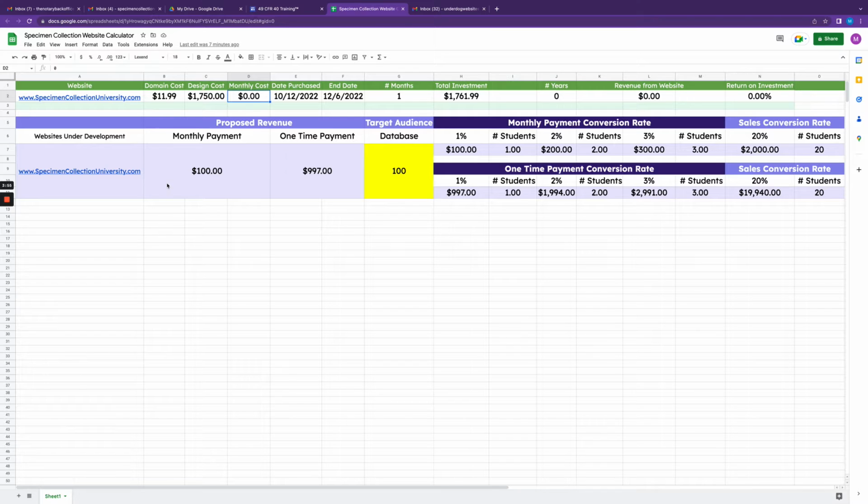Okay, now I need to know what the numbers can be, and I like to be super conservative when I do this, meaning that in sales, typically 1 out of every 5 things will happen. So if you look over here to the far right, that's what we call a 20% conversion. 1 out of every 5 things is going to happen. So that's 20%. Well, I'm being ultra conservative. I put that out there just so I could see the numbers.